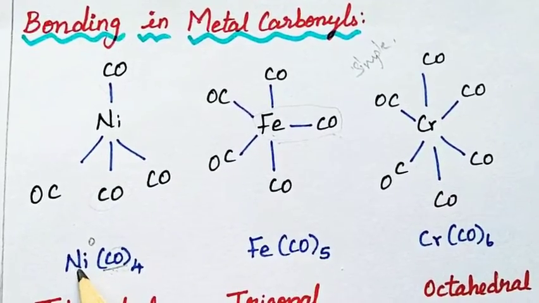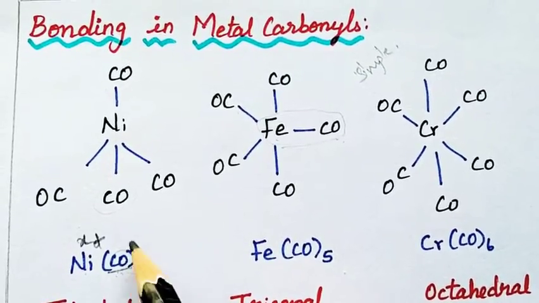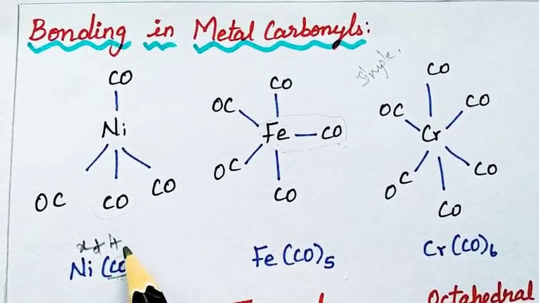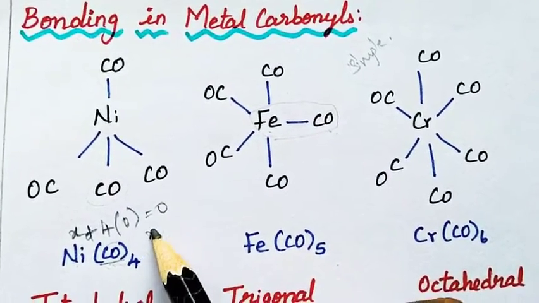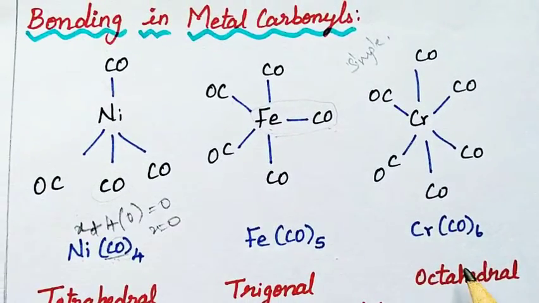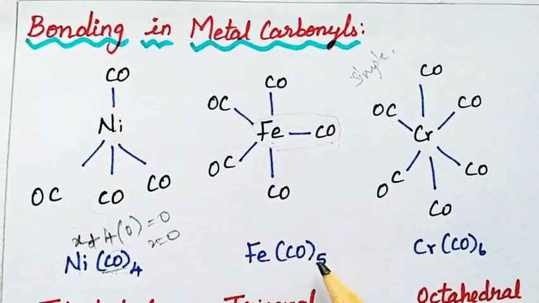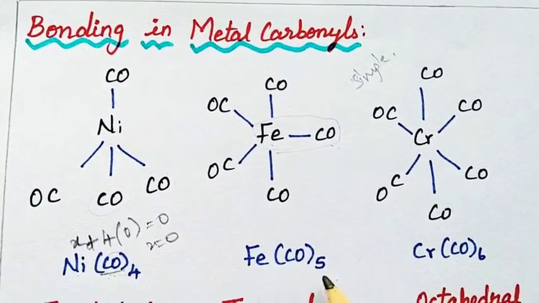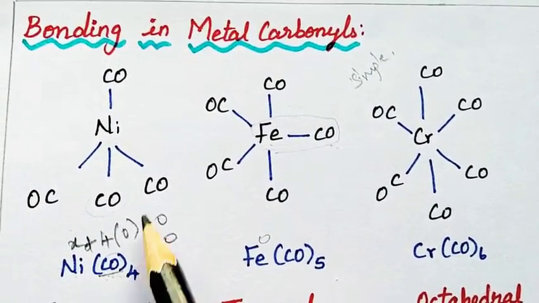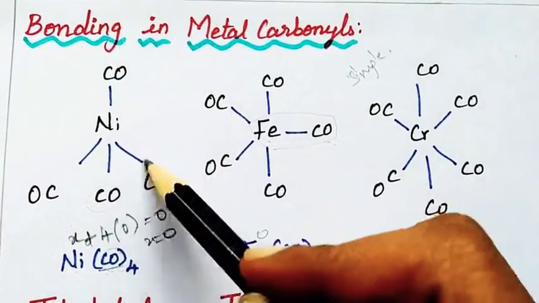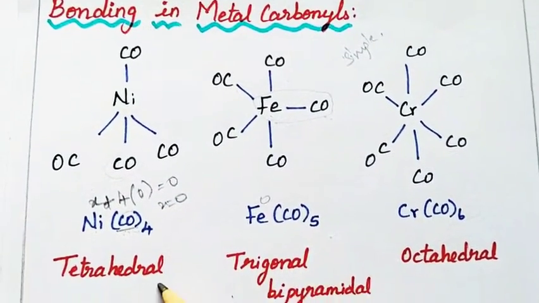So if I am calculating the oxidation state for nickel, I am taking it as X, plus how many carbonyl molecules are there? 4 carbonyl molecules. So 4 into 0, since it is a neutral ligand, on the whole it will be 0. So X is equal to 0. So in all the cases wherever the metal contains a homoleptic ligand like carbonyl, the oxidation state of the metal is 0. Here in this first case 4 carbonyl molecules are there, so the shape of this compound is tetrahedral. And next,